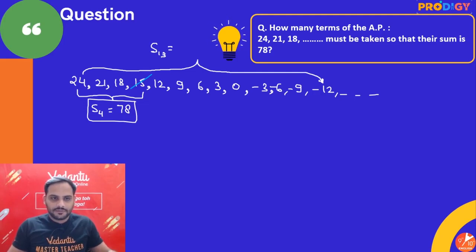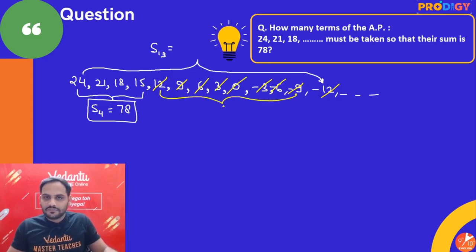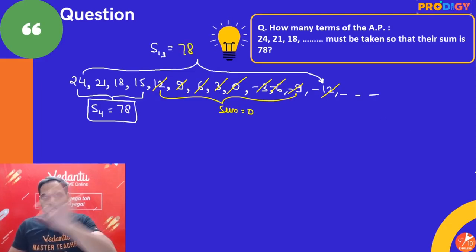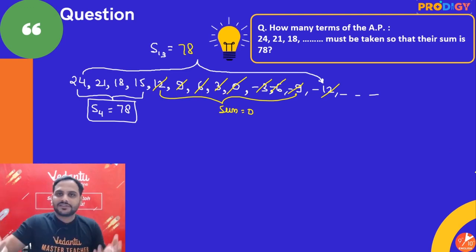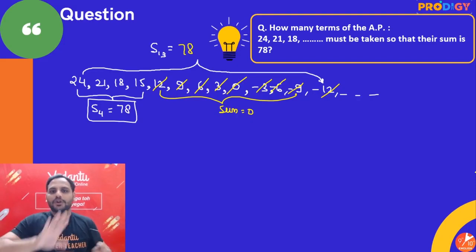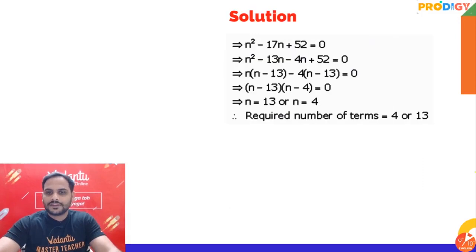The first four terms will be added, but after that the remaining terms will cancel. See, 12 minus 12 got cancelled, 9 minus 9 got cancelled, 6 minus 6, 3 minus 3, 0. So the sum of all the remaining terms is 0 only. So sum of 13 terms, all these are 0 and this is 78, so again 78. So when the AP is decreasing, we get two answers because later the negative terms come which make the sum equal. That is why you got two answers. So this visualization is very important. Clear?